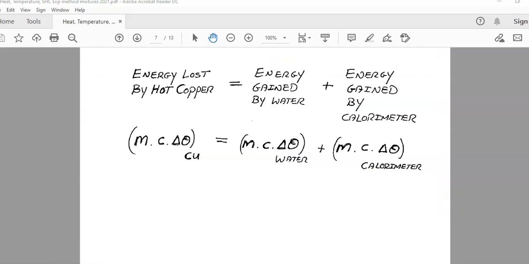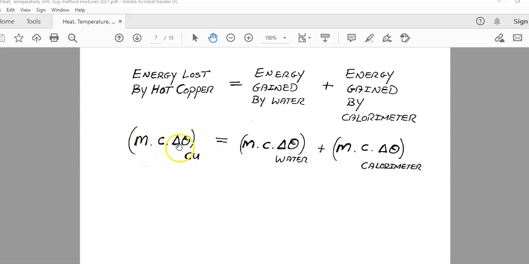Now the maths behind this experiment are pretty easy. As we said earlier, the energy lost by the hot copper equals the energy gained by the water plus the energy gained by the calorimeter. We know the mass by measurement of the copper, we know the mass of the water, we know the mass of the calorimeter using the electronic balance. We can work out the changes in temperature of each of these things using the thermometer, and we simply equate